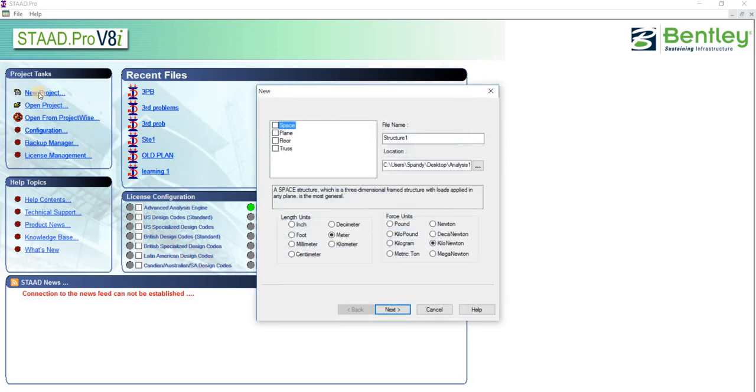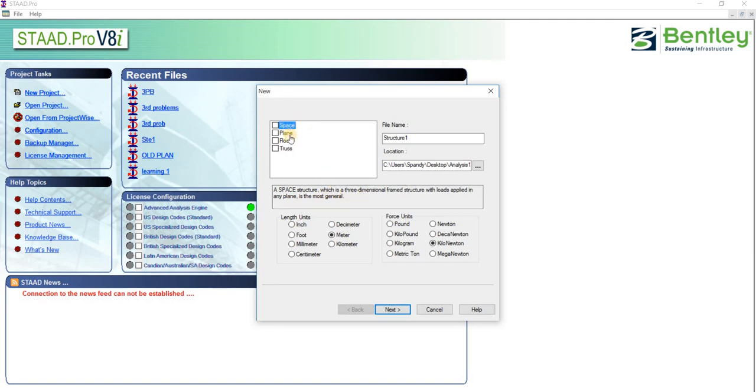So just click on new project. You can see options like space, plane, floor and truss. They are giving some information about the space. A space structure is a three-dimensional framed structure with loads applied in any plane, which is the most general.